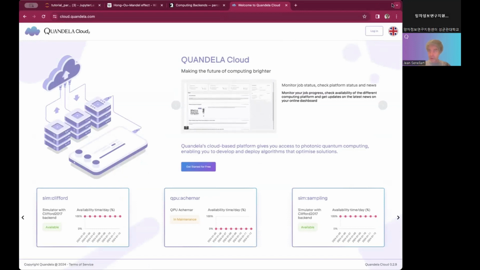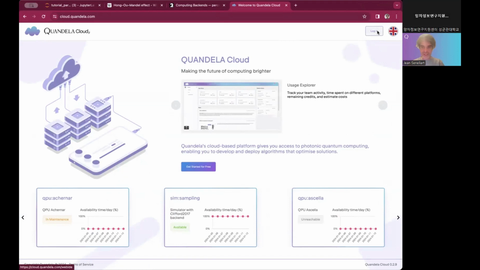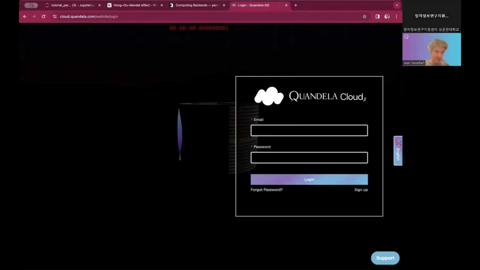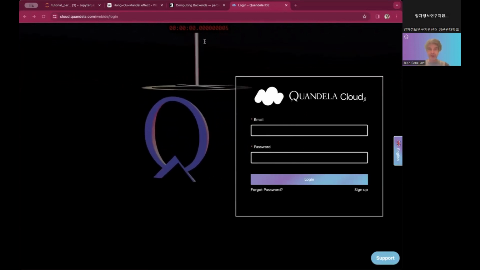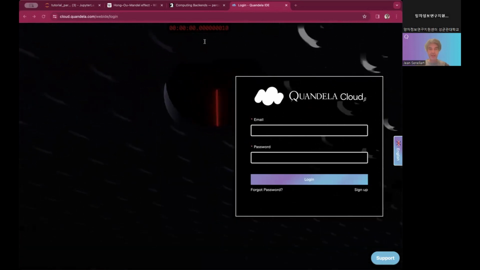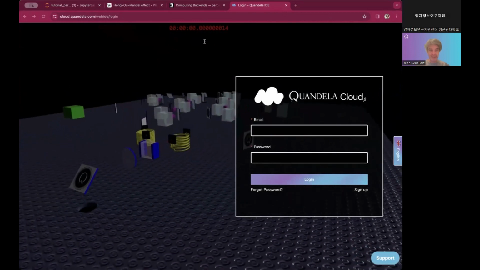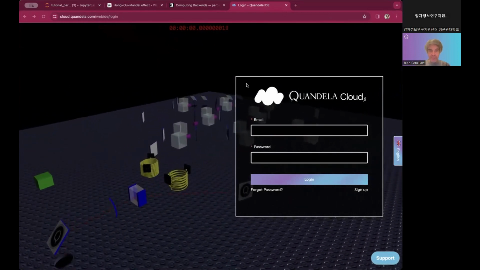So normally you should have created an account. If you don't, it's time to do it. So login. I noticed that some of you created some account but didn't click on the verification link that you received by email. So if you cannot connect, it's because of that. Let me find my password.